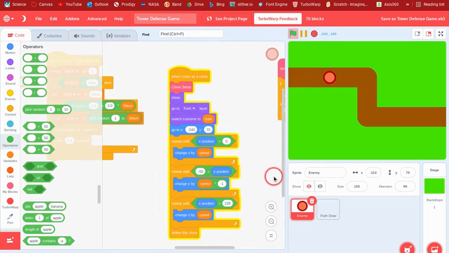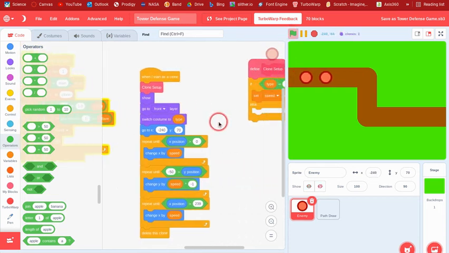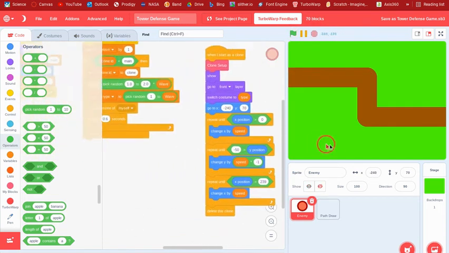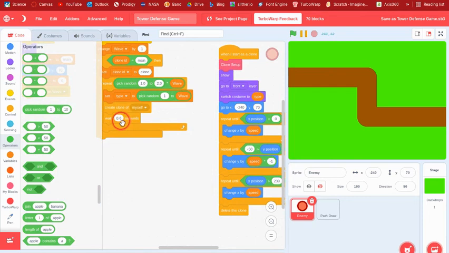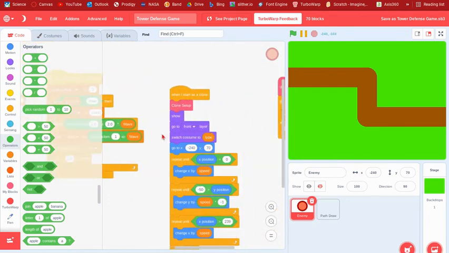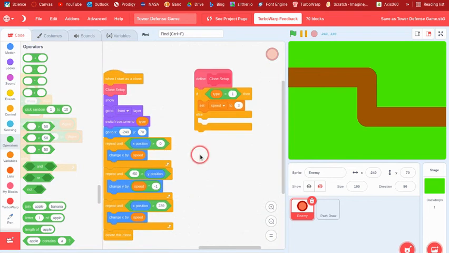Yeah, and now you can see that they're going faster. And I think I am going to change this back to like 0.3. So yeah, this is part 1